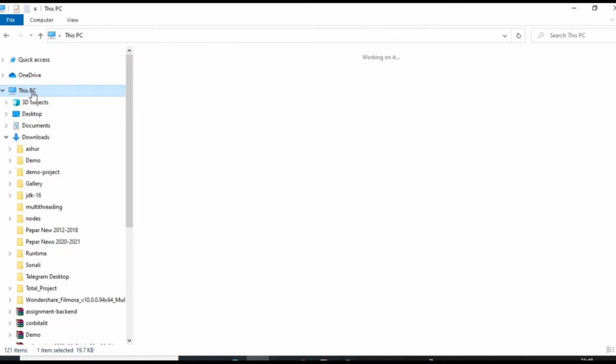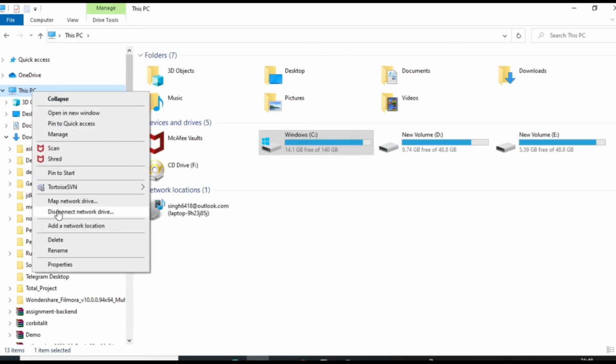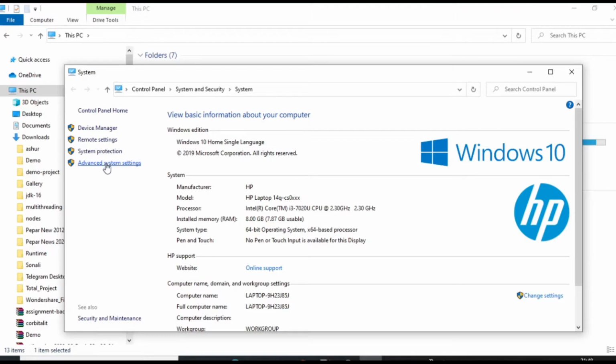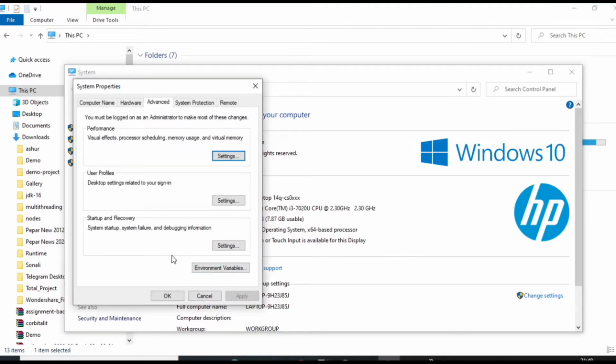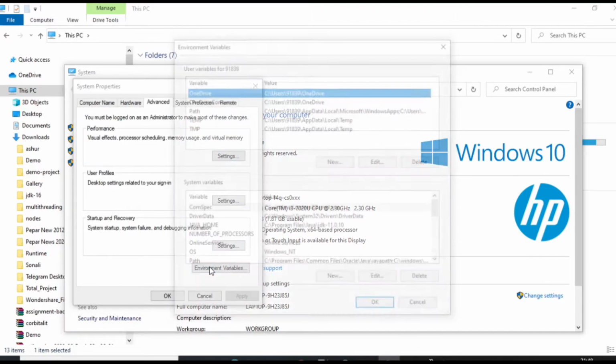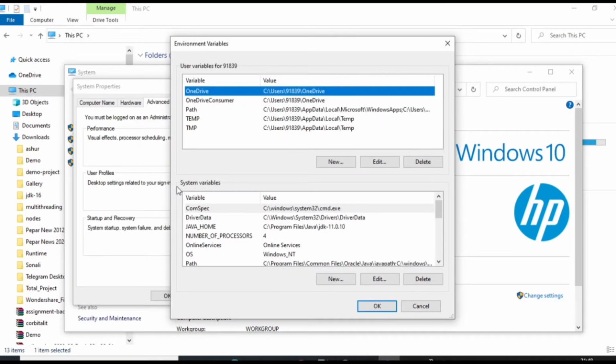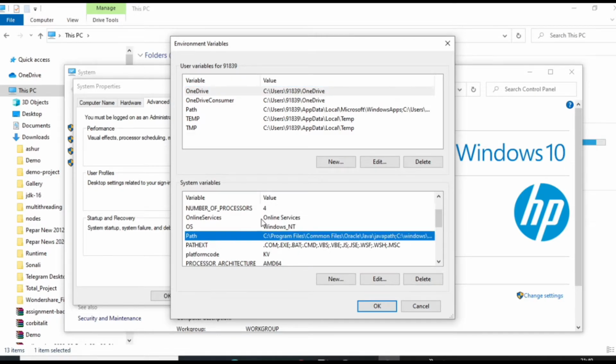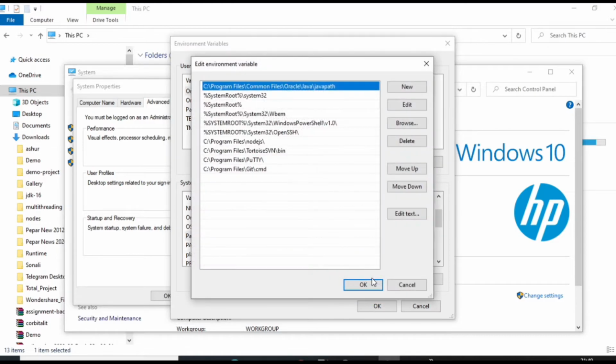So we'll click My Computer, go to Properties, and click Advanced system settings. Here you can see Environment Variables, click this one. Now you can see there is a system variable. So I will go to Path and click Edit.